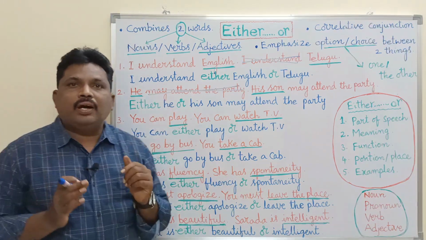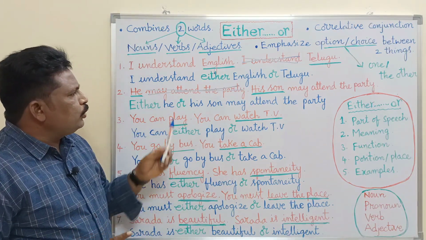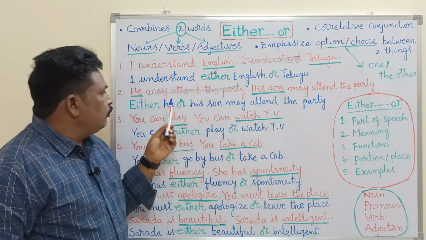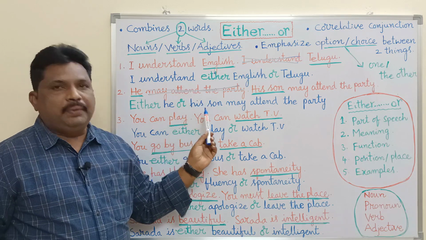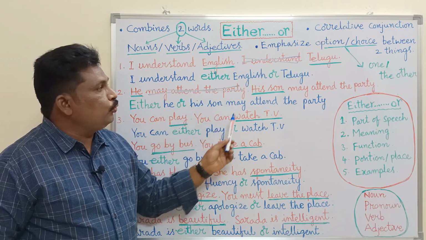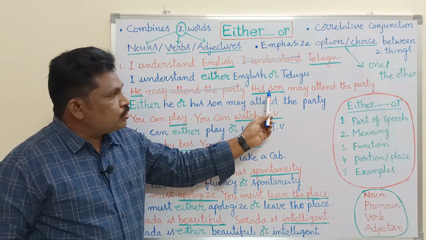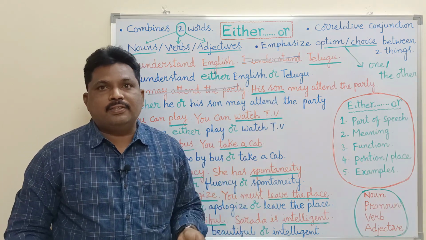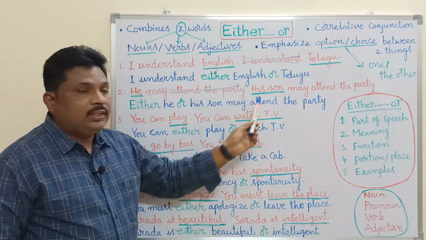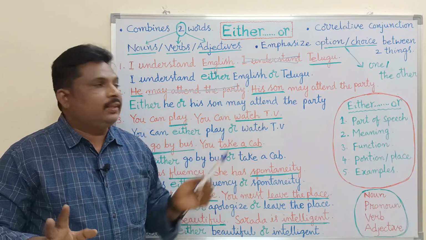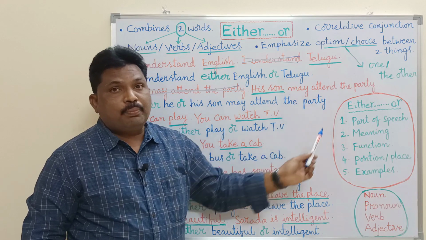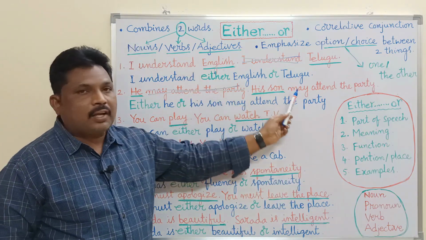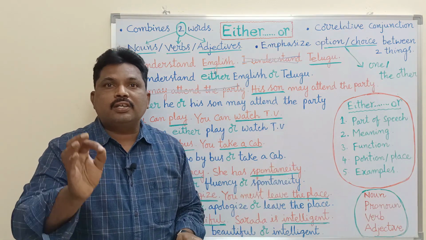So you may have a doubt, sir, why don't we write this one instead of this one? If you think so, if we write this sentence, it is incomplete. The answer is incomplete. We cannot just use only "his son" and stop the sentence. That is why you make it a meaningful sentence, and that is why we have taken the second part. So here we take the first part, here we take the second part, according to the context and the meaning.